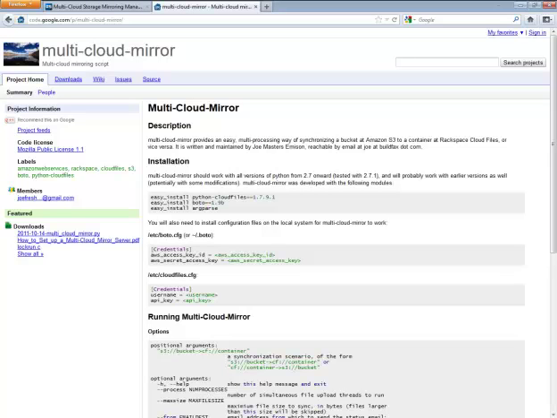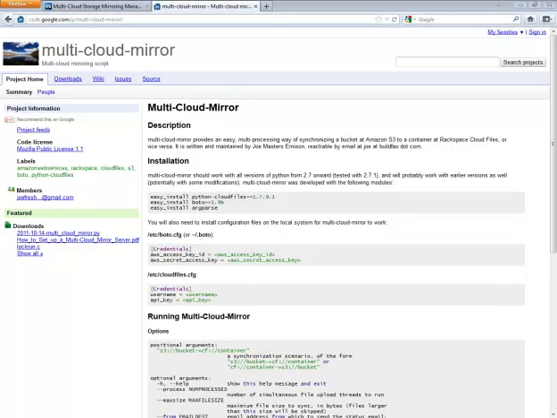Hello, my name is Joe Emerson, and this is my entry to the CloudSpokes Coding Challenge for AWS EC2 Spot Instances. My entry is a script and documentation and example here showing how I built a multi-cloud mirror that is